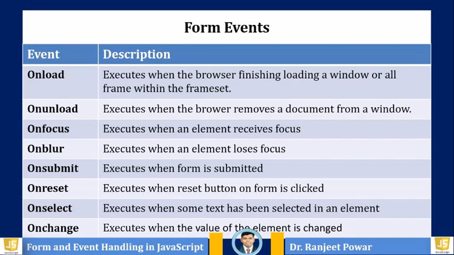In order to take advantage of events in JavaScript, it is necessary to use event handlers. Event handlers are the scripts, in the form of attributes of specific HTML tags, which you as a programmer can write. A form event is fired when the form control receives or loses the focus, or when the user modifies a form control value, such as by typing text in the text field, selecting any option in the select box, etc. Here are some of the most important form events and their event handlers.